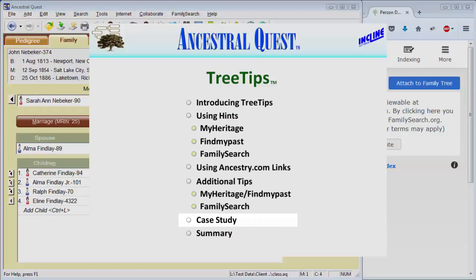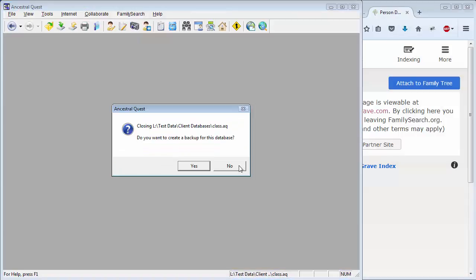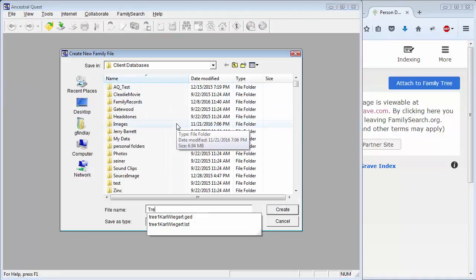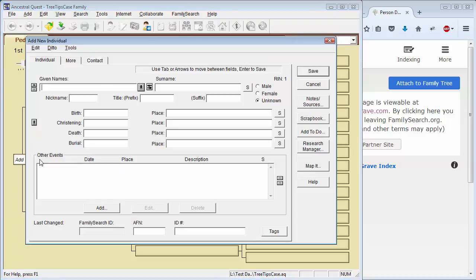Now that we've covered the nuts and bolts, let me show you an example of how easy it is to build your family tree using Ancestral Quest and the TreeTips technology. Let me create a brand new database. I'll close this one and then create a new one. For privacy reasons, I won't enter my own personal information or that of my parents, but let me start with a grandparent. So I will add my grandfather, Ralph